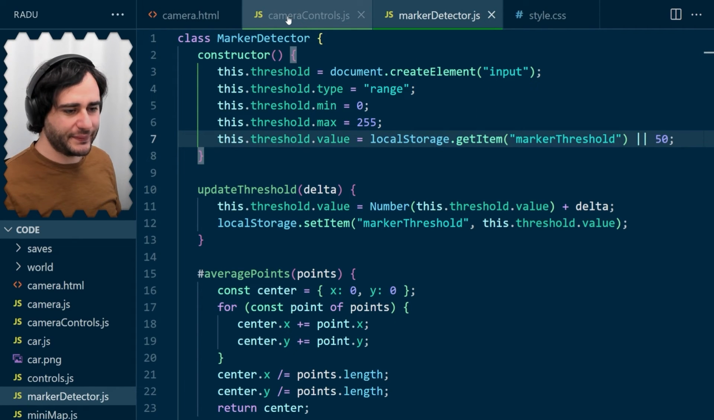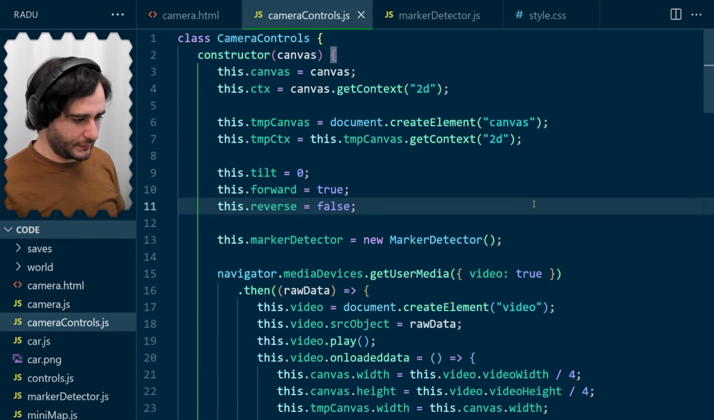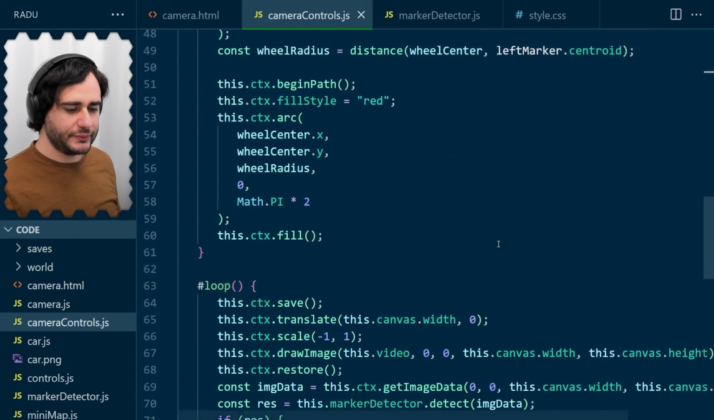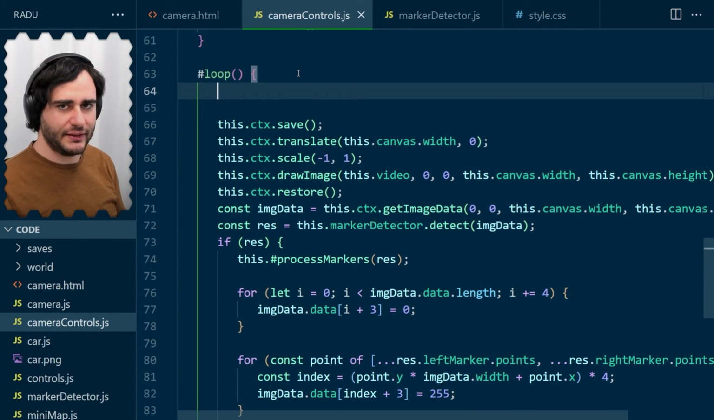It's easy, you'll see. So in the camera controls at the top here, let's say this initializing is set to true. And in our loop, I'm going to first check to see if we are still initializing. And I'm going to use the started global variable here, even though it's not that nice, but I don't want to complicate this any further. So if we are started, then we are done initializing. And in process markers,